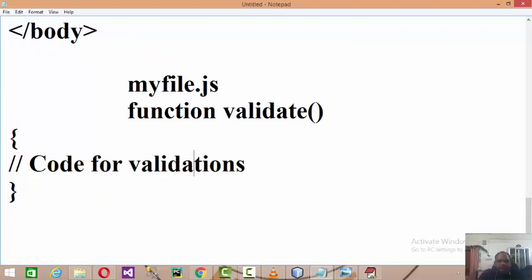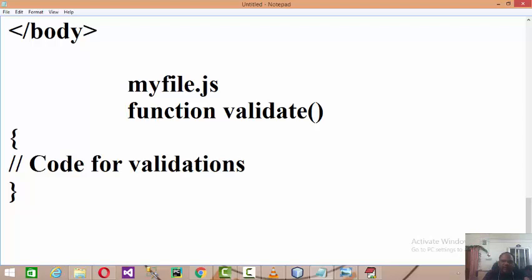What we studied up till now is writing functions using JavaScript, and on the submit of a form, on the button hit, we can call those functions. But professionally, when you design web forms, there may be n number of fields, and to validate n number of fields you may have n number of functions, so the code becomes lengthy.